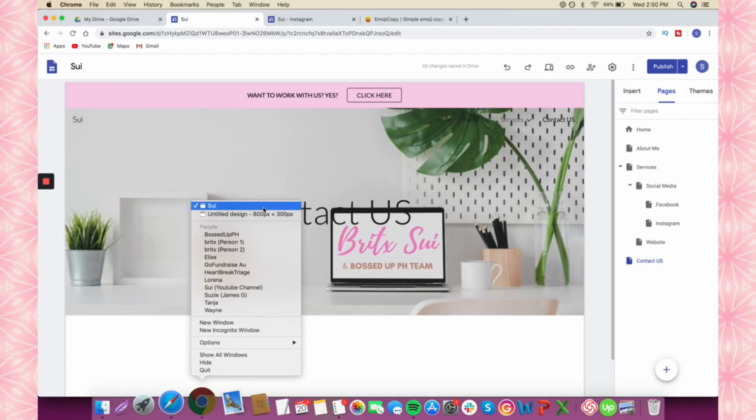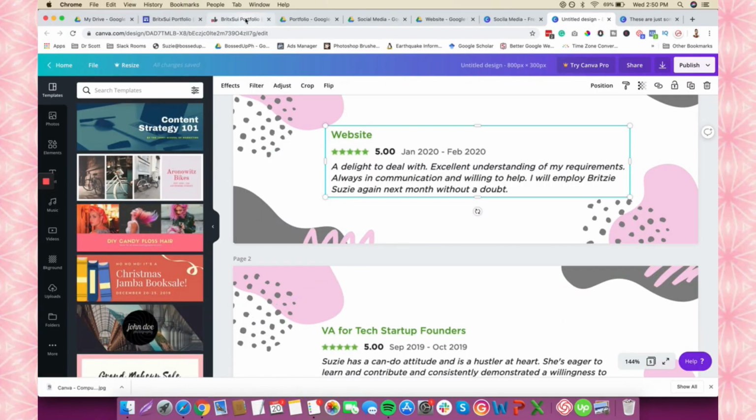Pwede naman tong magawa sa WordPress, sa Wix, sa Squarespace. But, I've done something like this na sa mga ibang platforms. But this one is a very easy one. And it will really help you to create your own online website na very simple lang but very good or professional looking na. And dito sa ginawa ko na contact us before,